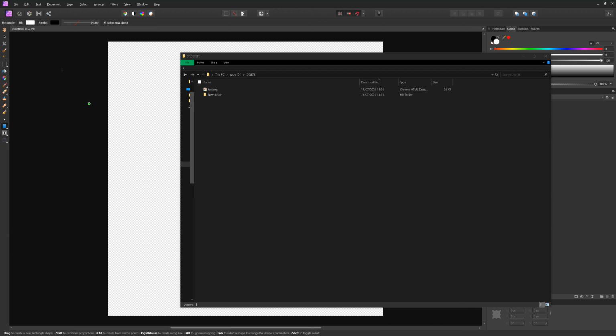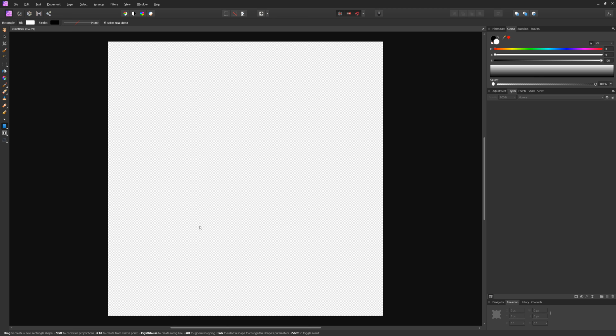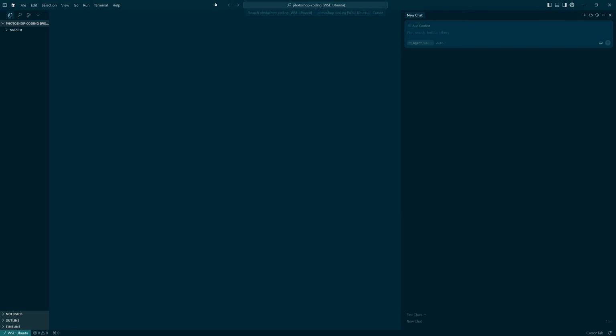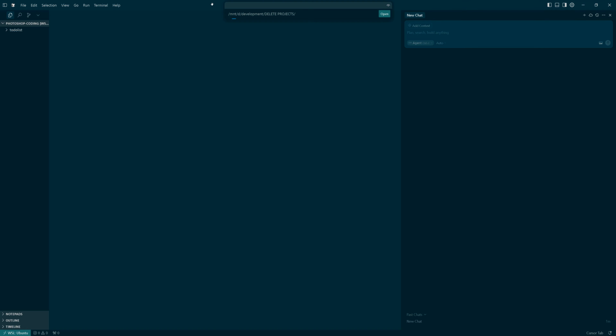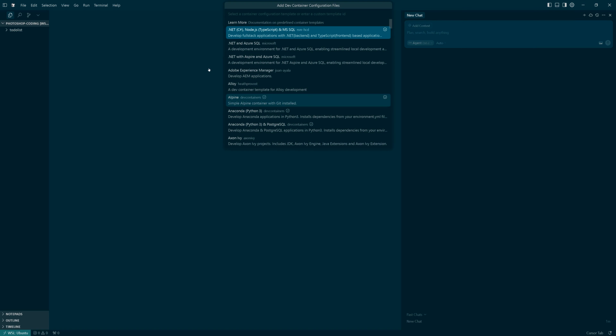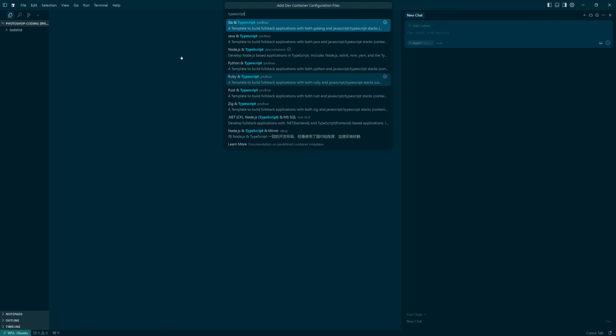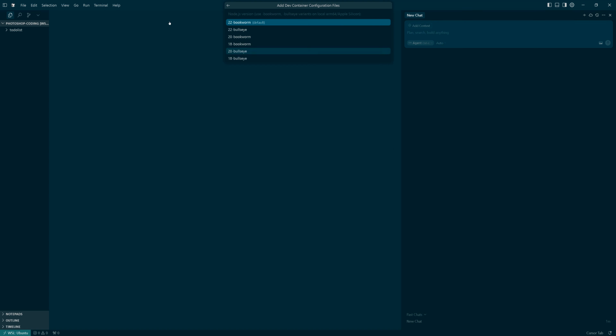Try and make an app without writing any words. So we're going to start with Cursor, and we're going to open a new dev container because that makes life a lot easier. And just made an empty folder here. Off we go with that, and we're just going to use a default TypeScript Node somewhere in here. Nope, that's not the one. There we go. Node and TypeScript. Let's use the default one, nothing special,